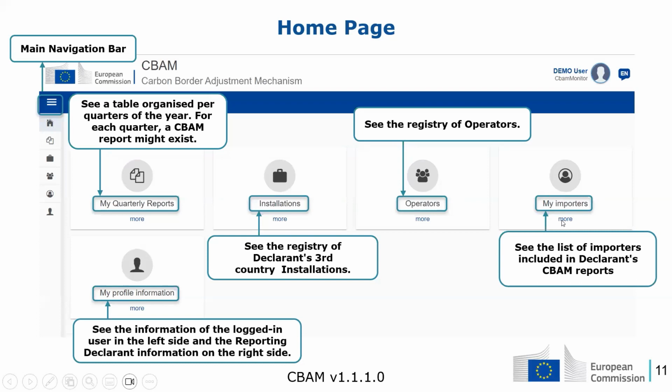In the My Importers menu item, you can see the list of importers that are included in your CBAM reports. Apart from that, there are also two things in this page. The first thing is the importer's profile. And then we have also the comparison of goods for each importer between the declared quantity in CBAM and the quantity declared in the customs import declarations.